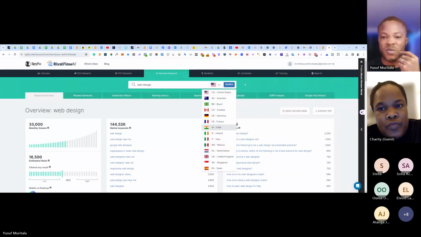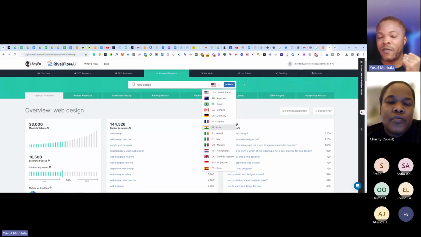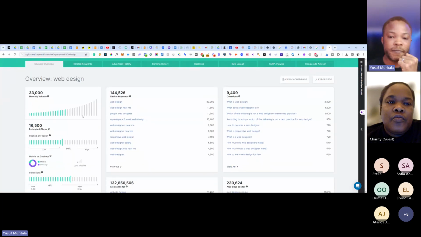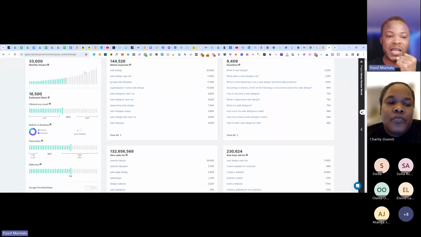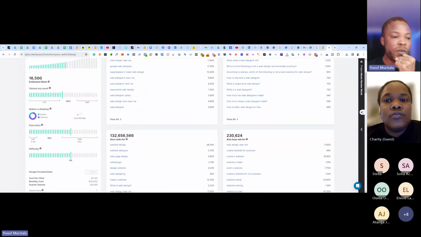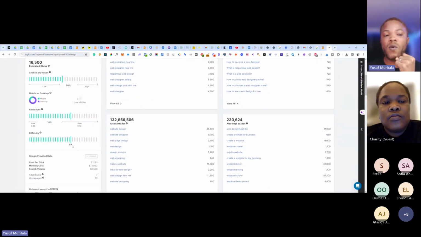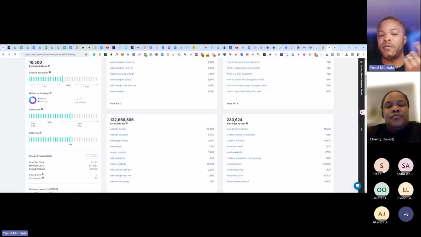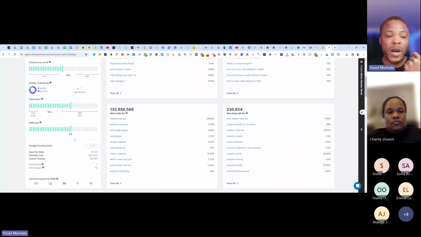But most of the time I find my way around getting the estimate using the free one. From here I can see a lot of information. Difficulty here is 64, manageable, and you can find a way to the first page with this one if you optimize your page well for that keyword.